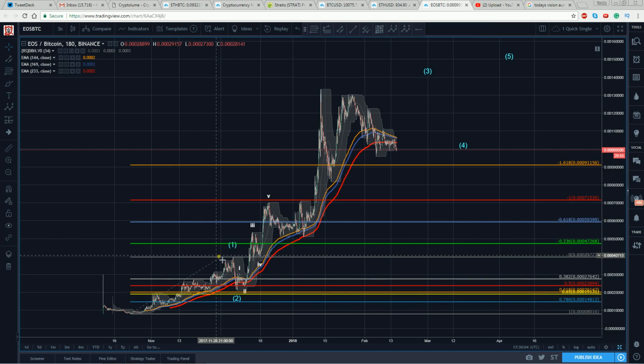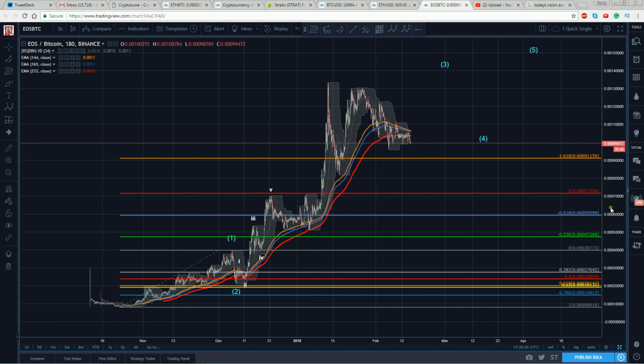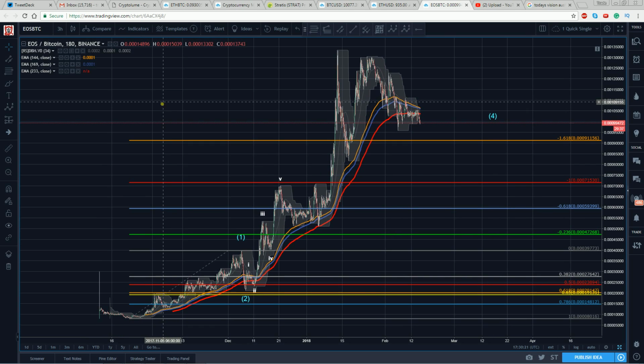It would be very hard to count that any other way from an Elliott perspective, or even just from an Algo perspective. We get a swing, we get a retracement, we go just shy of the 618, up we go, and you'll see here, as I've shown you many times before, that the negative 100 is going to be very close to the 1618, which is our highest probability zone for a wave 3.